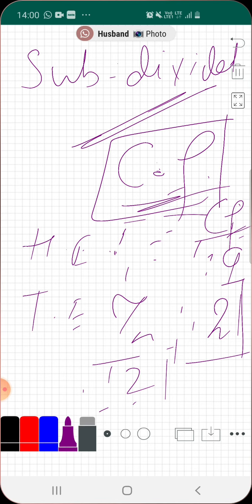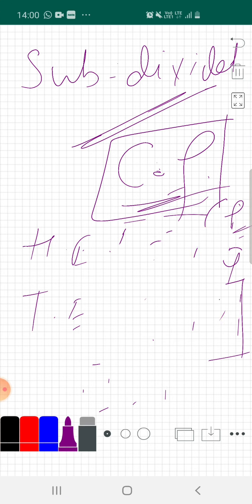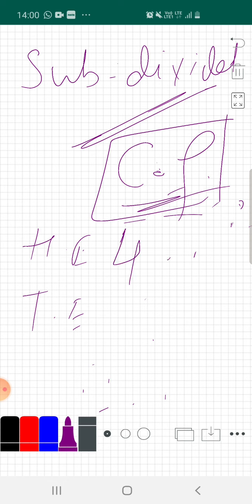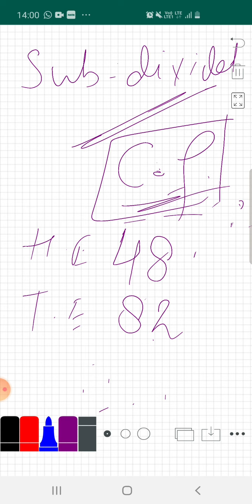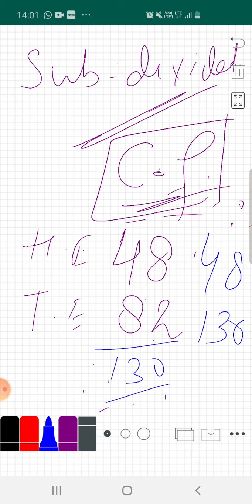Next, for the year 2017-18, the same way we will find out cumulative frequencies. Hydro is given as 48, thermal is given as 82. Now how will we find cumulative frequencies? 48 plus 82 is equal to 130. Clear? So for the year 17-18, the value of the bar will go up to 130. I'll explain the diagram, beta.